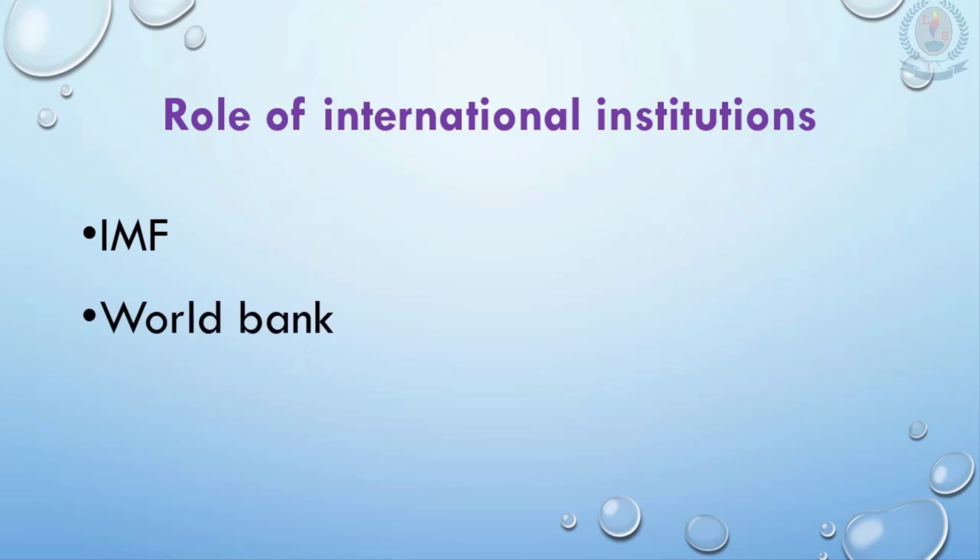World Bank. The World Bank was founded like the IMF after the Second World War. Unlike the IMF, it was set up to promote economic development. So the main role of the World Bank is to promote economic development. It is made up of two institutions. Basically, the International Bank for Reconstruction and Development, IBRD, which focuses on middle income and poor income countries who are unable to repay their debts, and the International Development Association, IDA, which focuses on the poorest countries in the world.